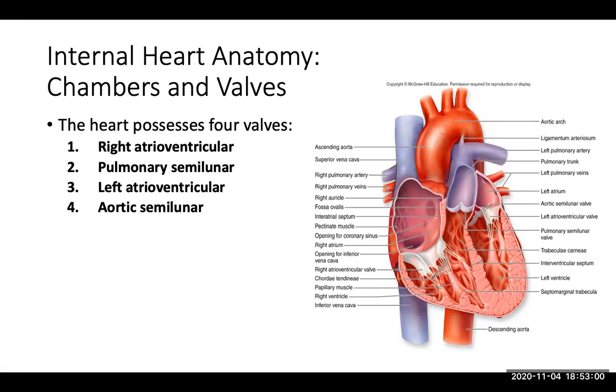The heart possesses 4 valves. The atrioventricular valves lie between the atria and the ventricle. So on the right side, you have the tricuspid valve, which is made up of 3 cusps. On the left side, you have the bicuspid or mitral valve, which is made of 2 cusps. And then you have the semilunar valves. The pulmonary semilunar valve lies at the opening to the pulmonary trunk, and the aortic semilunar valve lies at the